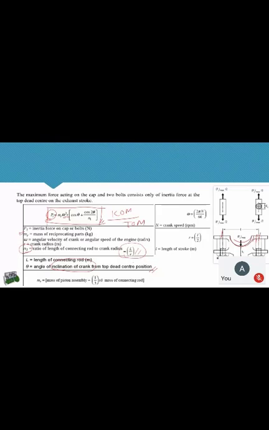Okay, now one point I would like to touch. In case the crank radius is not given in the specification, you can assume that the crank radius is half of the length of the stroke. In short, the stroke length is twice the crank radius, or it is nothing but the diameter, because the crank has to rotate